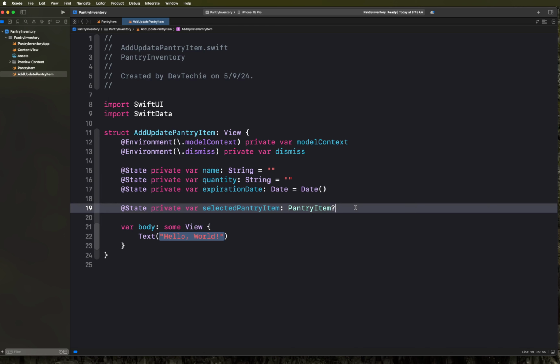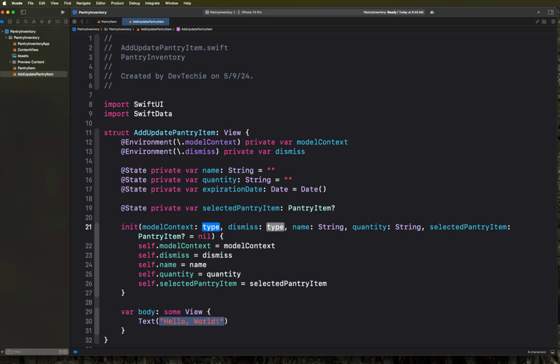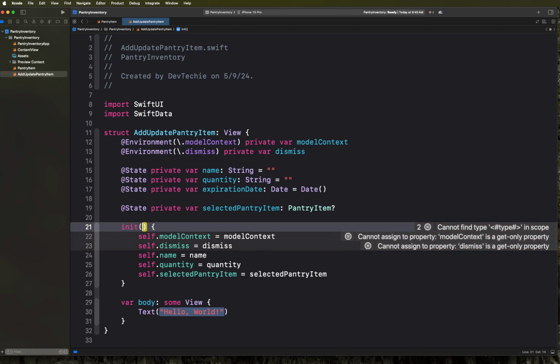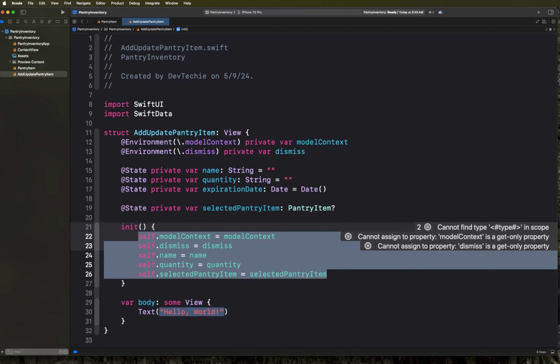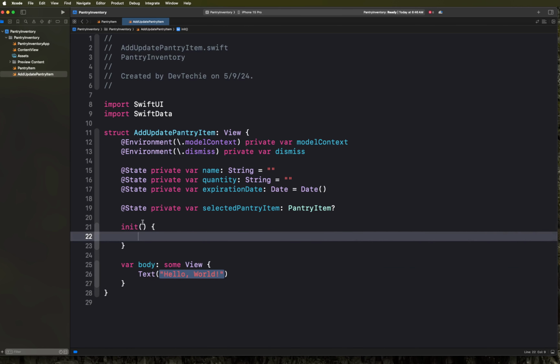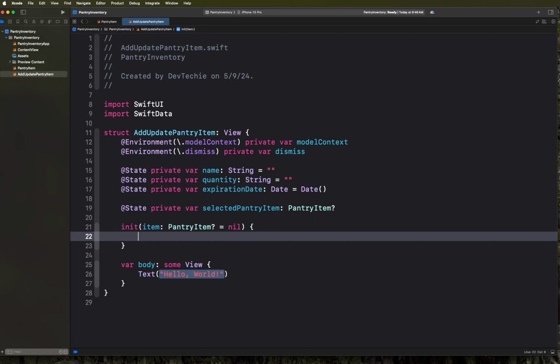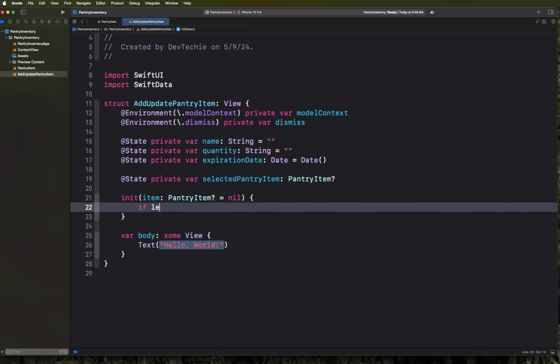Okay. Next, we're going to create an init. And as you can see, Xcode tried to help us, but there's a lot of stuff that it's creating and we don't need all of these. So I'm just going to remove all that. All we need is an item of type PantryItem, which can be passed in, but by default we're going to set a value of nil. Okay. Now, if we get the item,